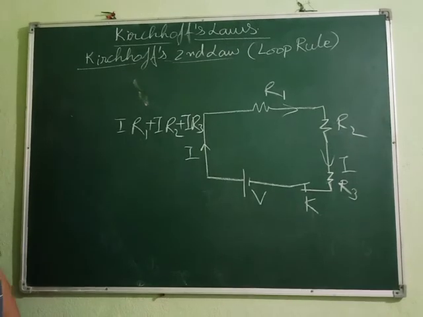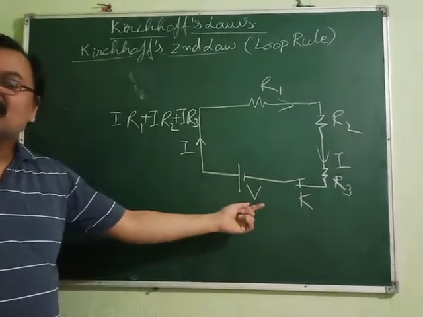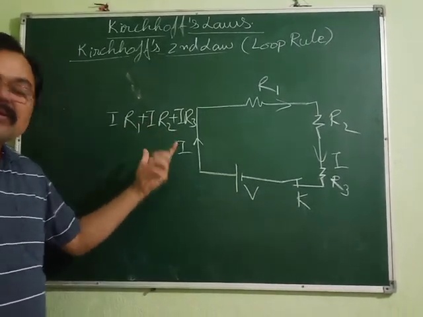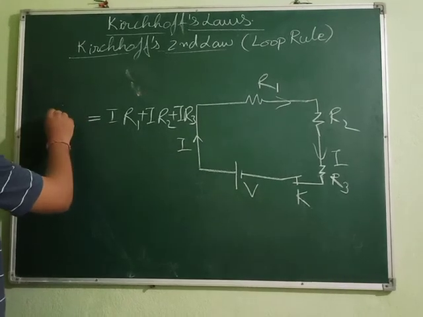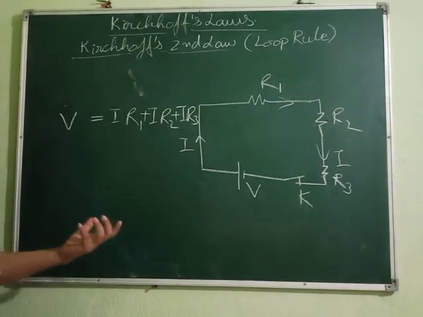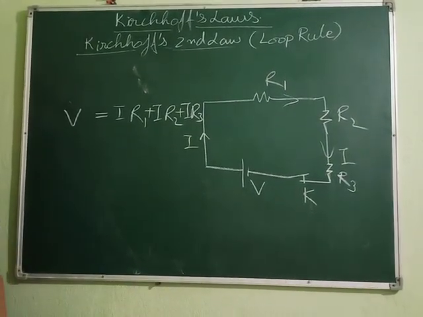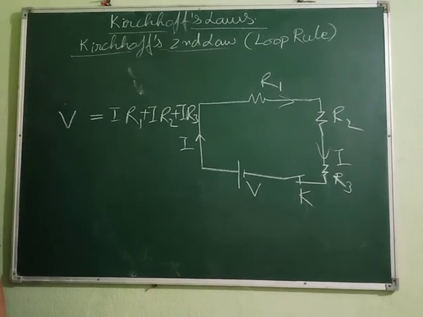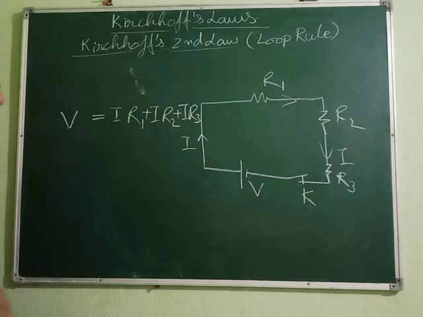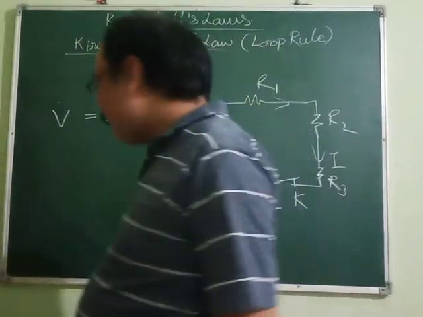Now see how this is the total potential consumed. And this is the total potential difference supplied, and this is the total potential difference consumed. So consumed must be equal to supplied. It's very simple. Whatever you are supplying, that can be consumed only. You cannot consume more than that. So supplied equals consumed. Understood?